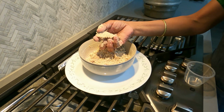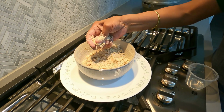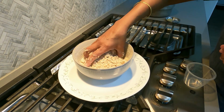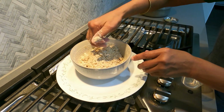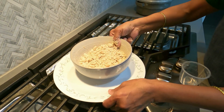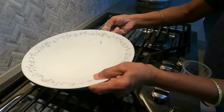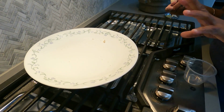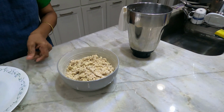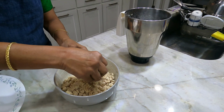Now, if you press it, it should form like a ball. When you break it, it should break into crumbles. This is the right consistency. Now mix it well and keep it covered for 2 minutes. Now after 3 minutes of soaking this, now